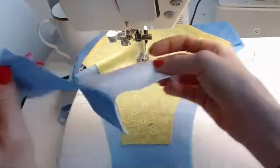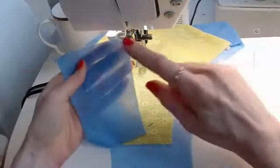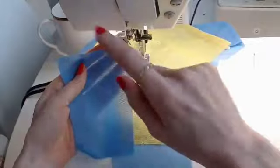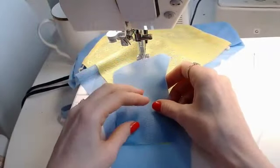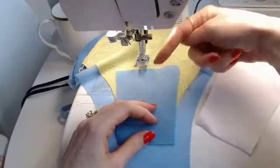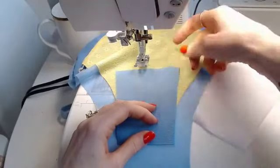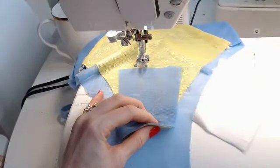Okay, so you have your main fabric and your lining fabric. Now, this might confuse some people. My main fabric and my lining fabric are the same. Someone reached out and was like, you didn't cut a lining for da-da-da. It's like, I did, but they're the same fabric, so it might not seem like it. So you should have your main fabric and your lining fabric that are block fused together, and you're going to place face down, so right sides together on the